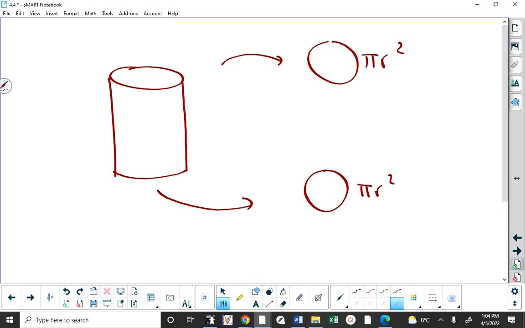If you take this and you cut it here and then unwrap it, you're going to have a rectangle. You can imagine going to somebody's cupboards and, as a prank, taking all the labels off the cans. It's a good prank, by the way. But if you take the label off neatly by cutting it down the center, I'm not suggesting you do that. If you cut the label down a vertical line and you pull the label off, it's going to be a rectangle. And when you unwrap it, you're going to have a rectangle